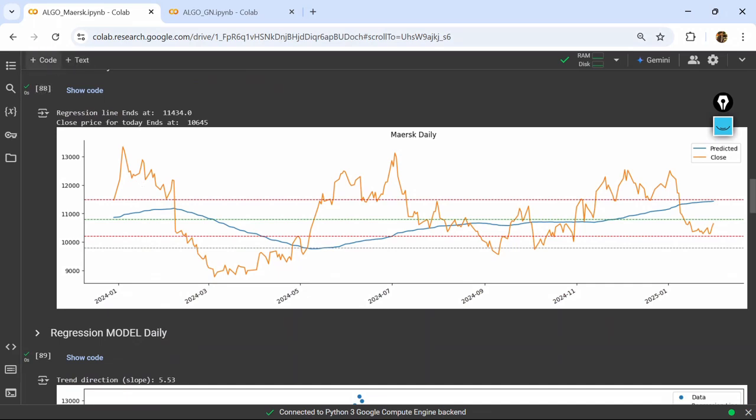The regression line here ends much higher, above 11,400, and the price is way below. So this predicts that at some point the price will go up and meet this regression line. Maybe it goes down and the regression comes down similarly. We have too much difference. Price was going down, down, down. The regression will also go. At some point they will converge, and then this is the area. This is the solid bullish signal when the price crosses the regression line.